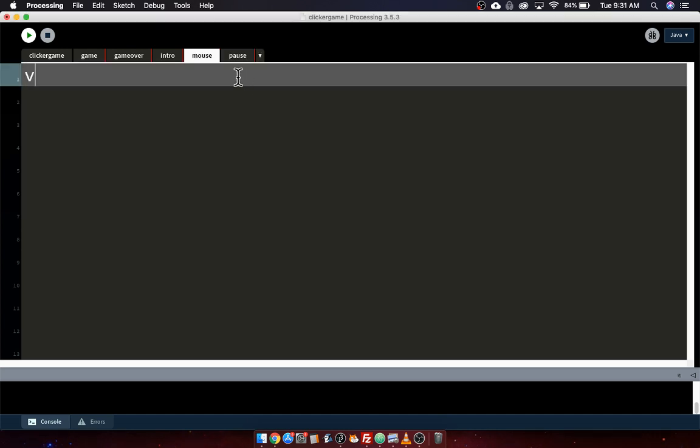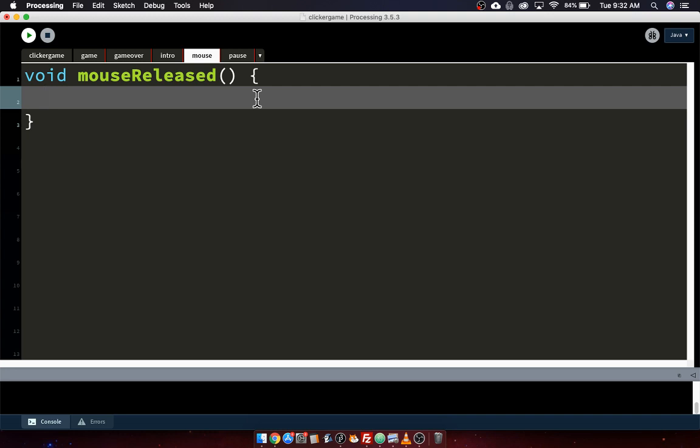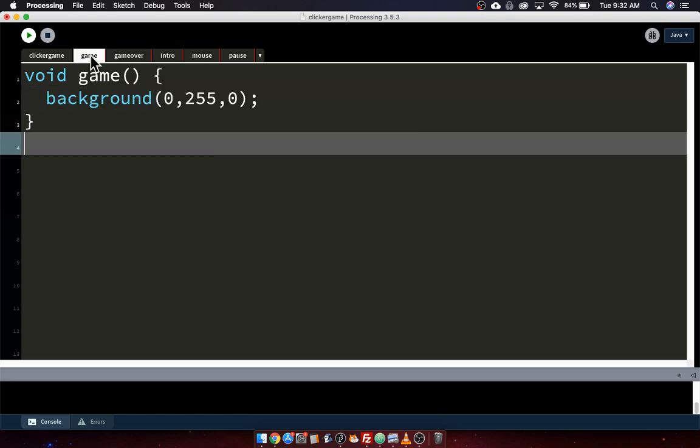And this will contain void mouseReleased. MouseReleased is the function that we use for checking mouse clicks. It is automatically called by Processing every time you click and release the mouse. So it'll just fire one time after you let go of the mouse, and it's what we do for button clicking. However, we're going to make a little bit of a different change, because clicking in the intro screen, maybe there's a start button, is great,